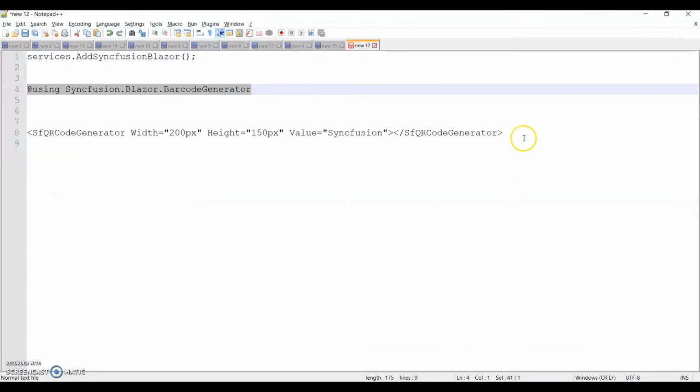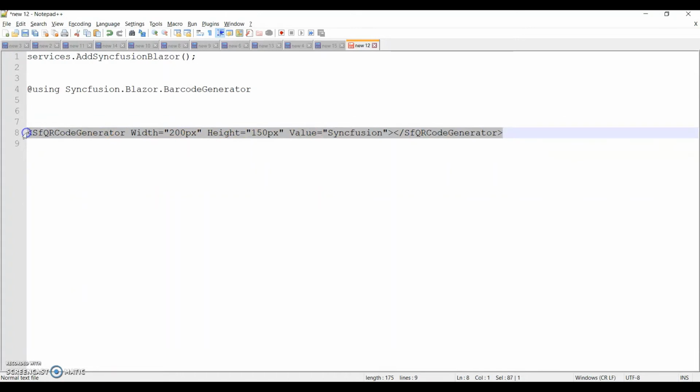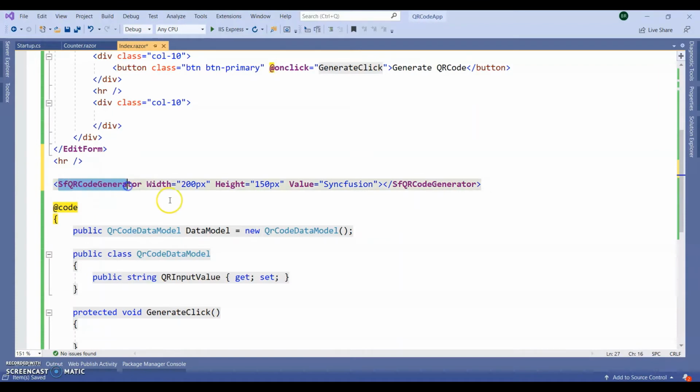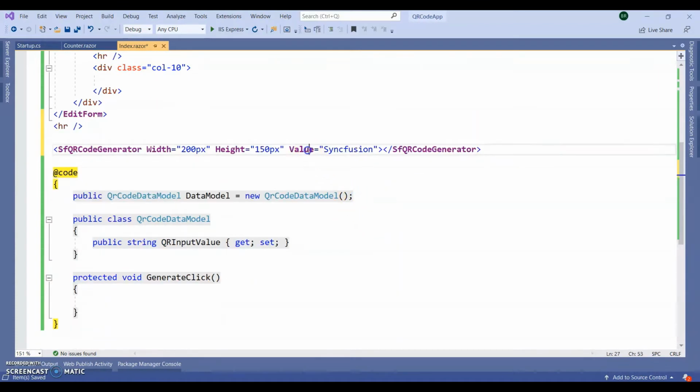To show the QR code we need to use syncfusion QR code generator, or you can say SfQRCodeGenerator. So here you can see the value. The value will be, I'm giving this data model dot QR input value, this property.